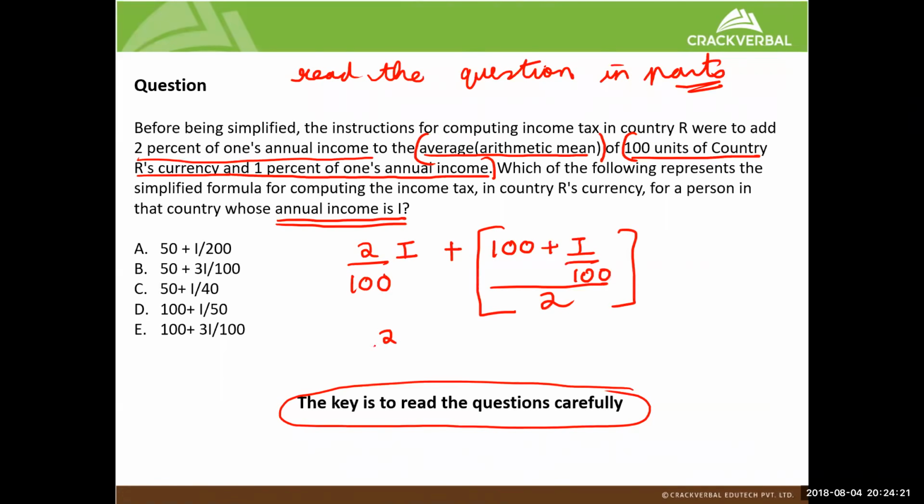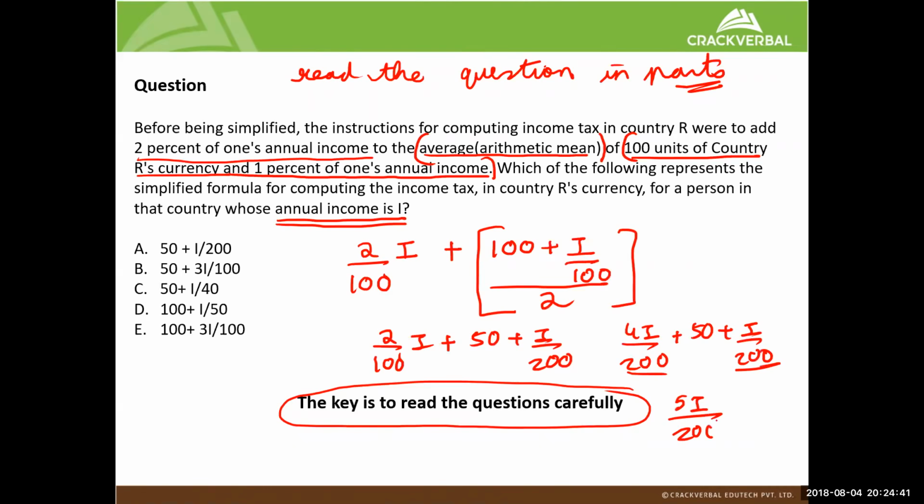So breaking this down would be 2 by 100 I plus 50 plus I by 200, right? So I would just change it to 4I by 200 plus 50 plus I by 200. So adding these two terms gives me 5I by 200 plus 50. That gives me 50 plus I by 40. And that's your pick. The key was just to break down that entire second and the third line. If you break down the second and the third line,